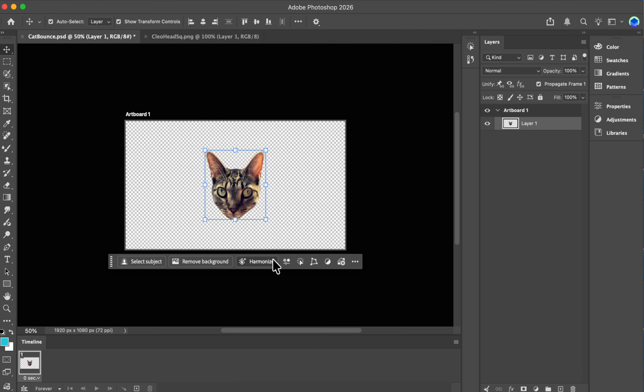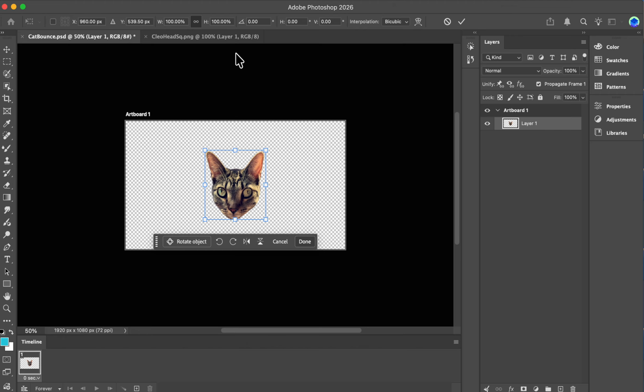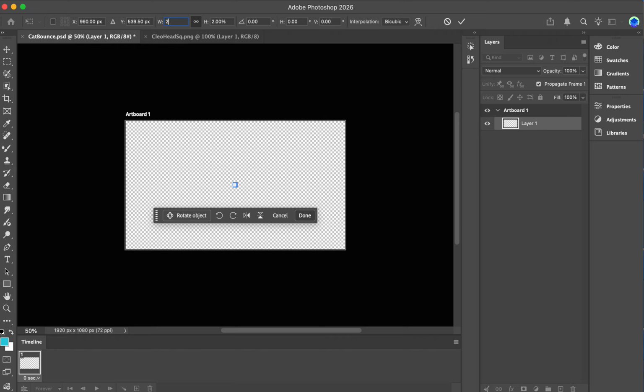Let's make her a little smaller. I'm going to click her and press Command T to transform. Again, that's Command T or Control T on a PC. Let's go up to the widths and heights. Let's make sure this is linked. And let's type in, let's say 25. Maybe that's too little. 30. Let's say 30.